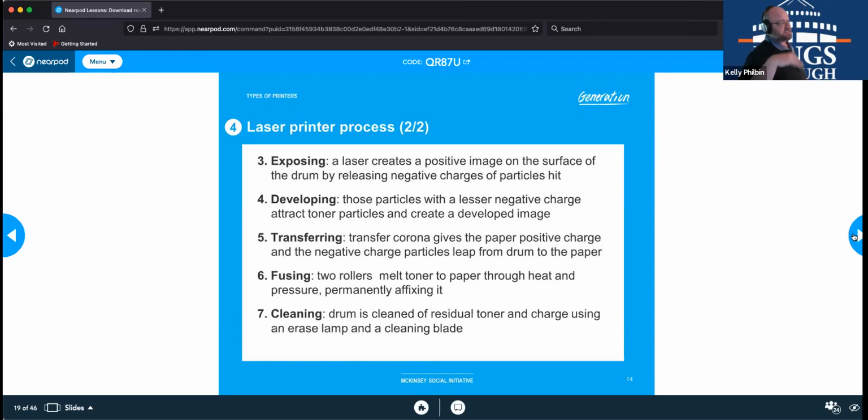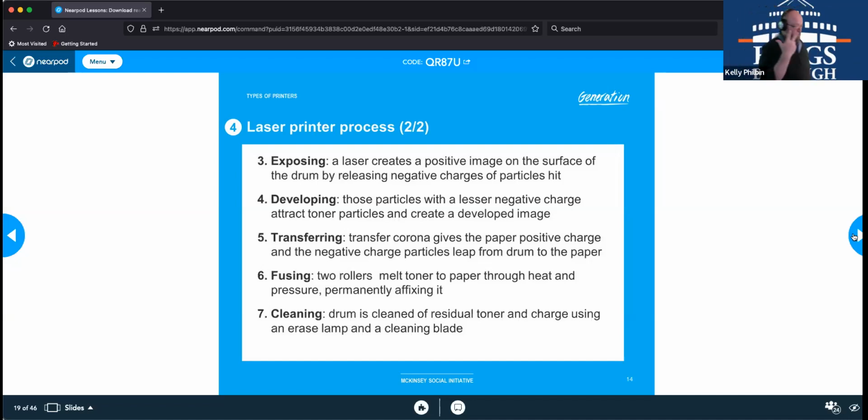So that's the exposing process. Wherever that laser hits, it's lowering the voltage charge of that spot, essentially etching that image into the drum. So we now have processing,